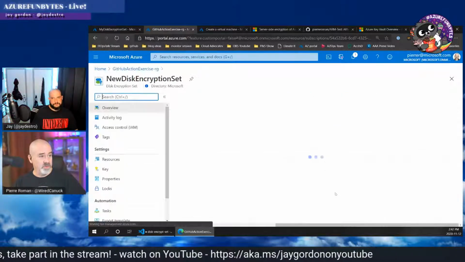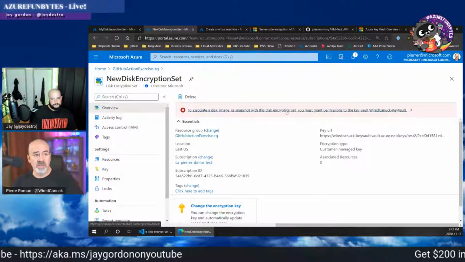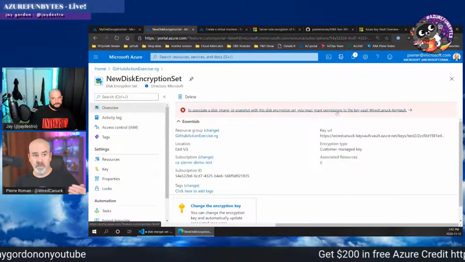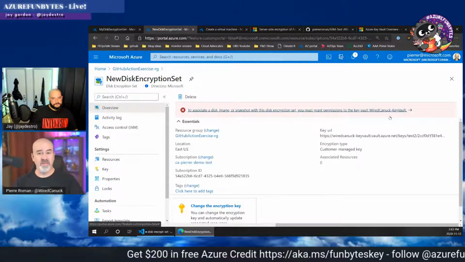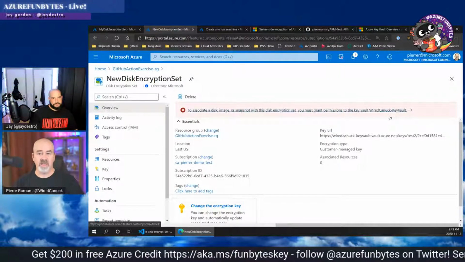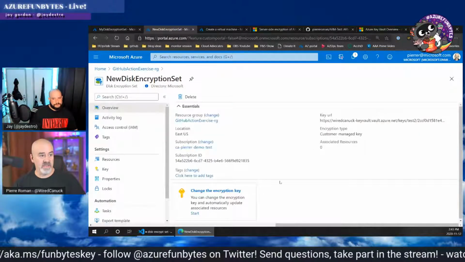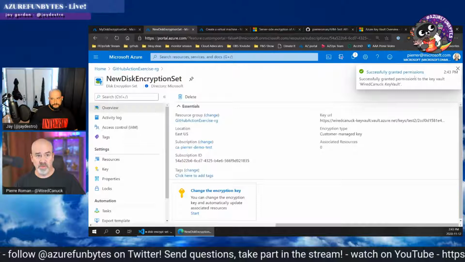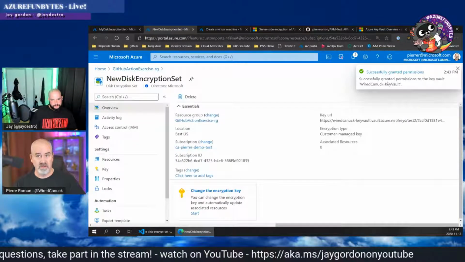So I've got my new encryption set. Now to associate it with an image, I need to actually grant permission, because even my account by default doesn't have permission to use that key yet. Gotcha. So now if I grant access, so I'm granting permissions so that I can use that key to encrypt data, is